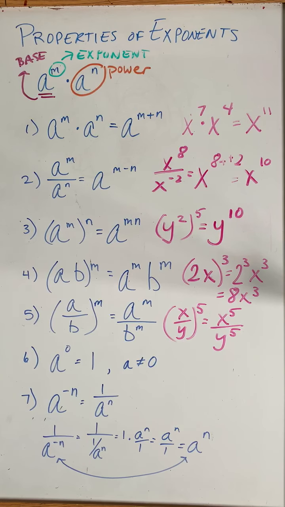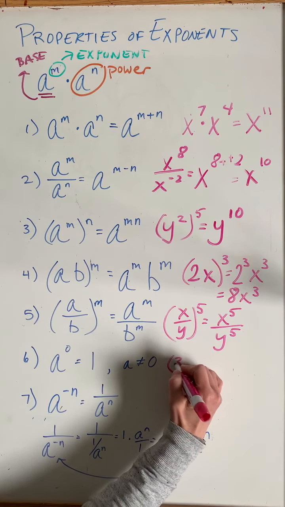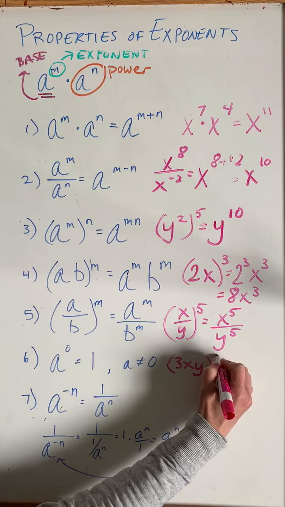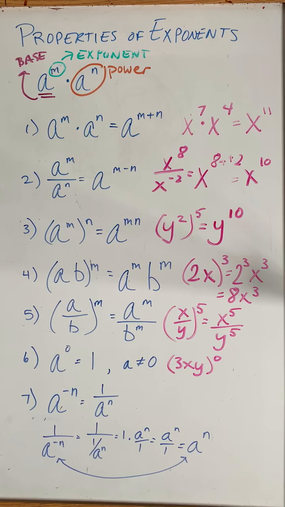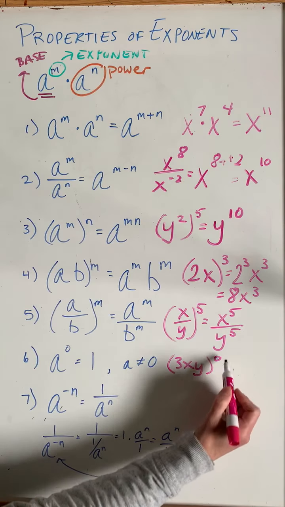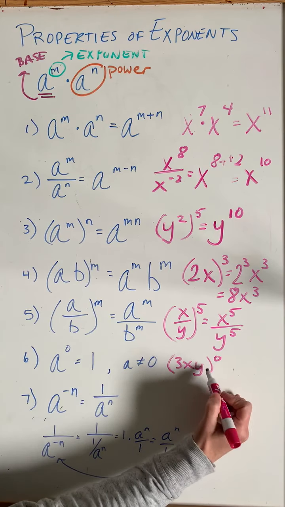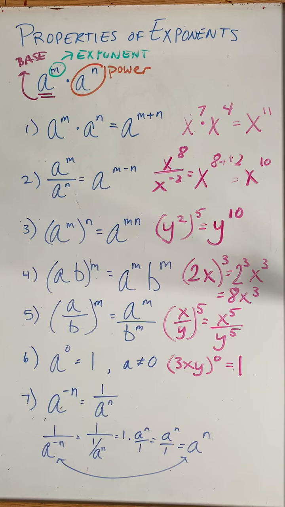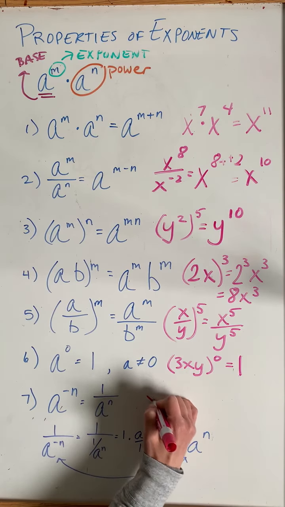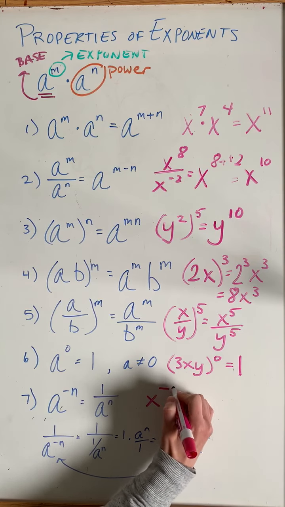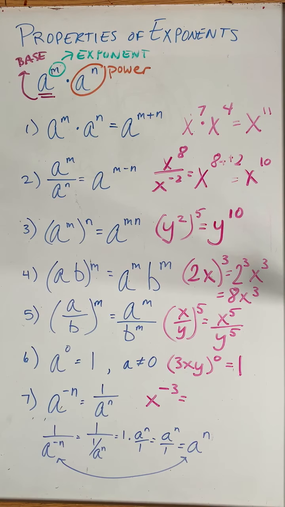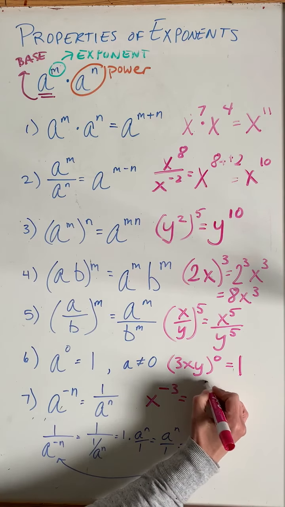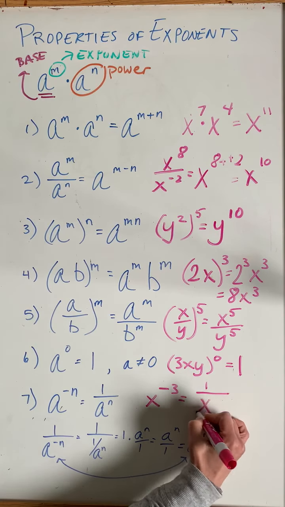Okay, how about 6? Let's say we had 3xy all to the 0. It doesn't matter what we have in the parentheses here. If this is 0, we know that this whole thing is just going to turn into 1. Okay? And then let's say for our last one here, we had x to the negative third. So if we wanted to make that a positive exponent, we would rewrite that as 1 over x to the